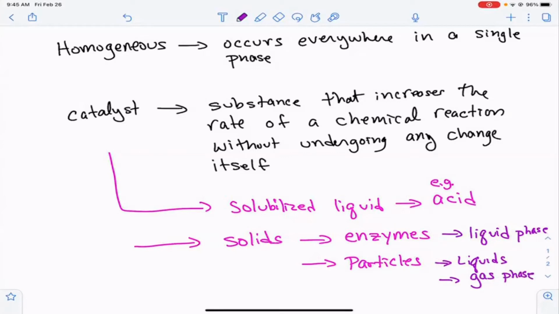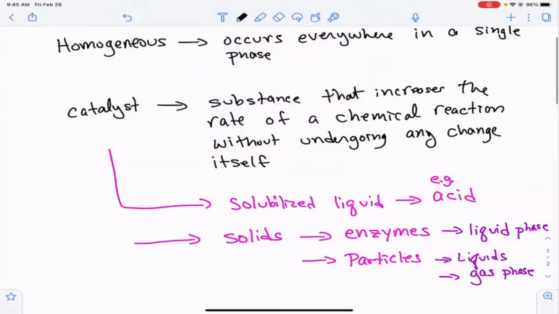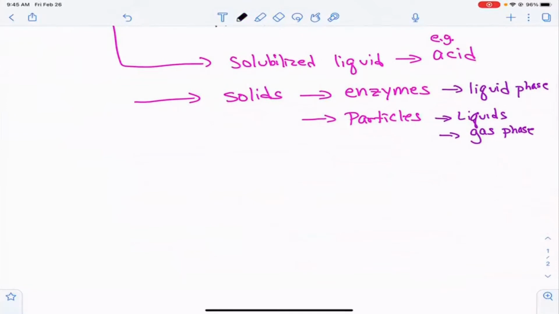Okay. And because of this, if you think about this, an enzyme is going to interact with some solubilized thing in water, while particles that might act as catalysts might be implemented in liquid or gas phase reactors, just like we've talked about throughout the course of this semester. And what happens then is that these require the interaction between two different materials that are comprised of two different phases. So the reaction actually happens at the interface